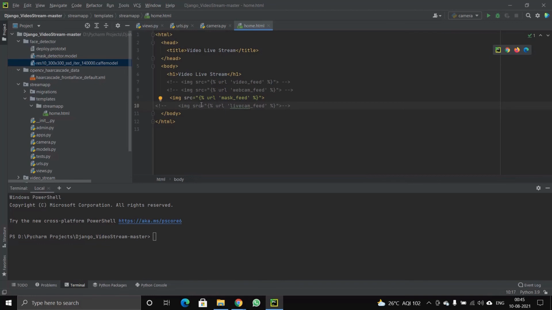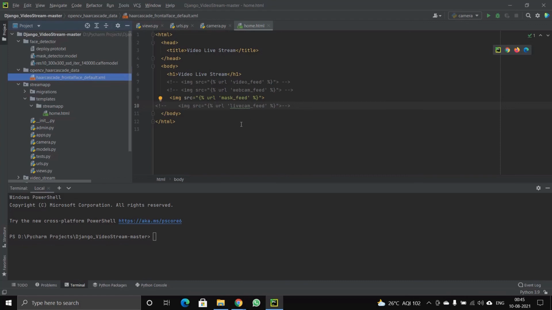The dataset that we have used for this project is this haarcascade_frontalface_default.xml file. This is the only file that we have used here, since we are obtaining the mask detection through the faces. So only this haarcascade frontal face is sufficient for our data.